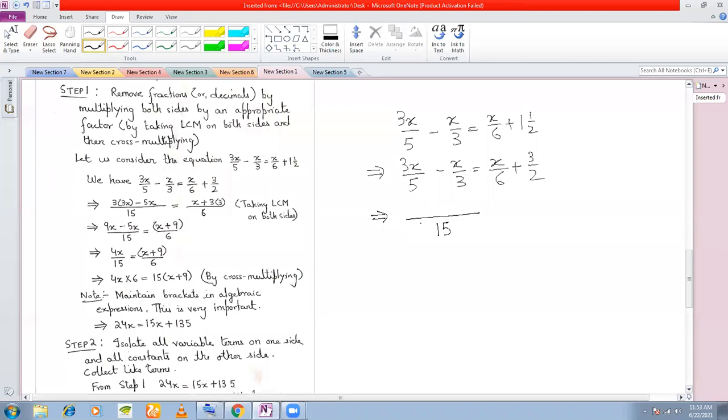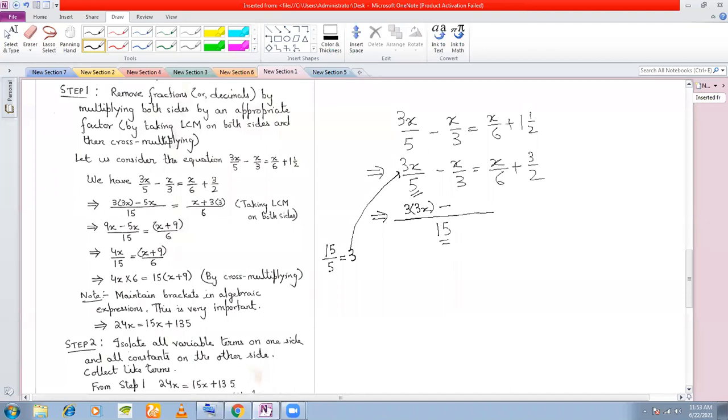Now see what I do here. LCM of 5 and 3 I have taken as 15. And now I'll see this 5. So I'll divide 15 by 5. This I'll do in rough or in my mind. 15 by 5 will give you 3. This 3 I will multiply with 3x. So I get 3 into 3x. This is the way we take the LCM. If you don't know, then learn this. This technique you will be applying over and over again.